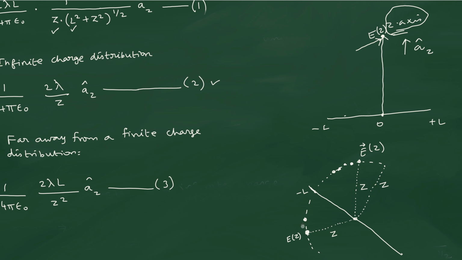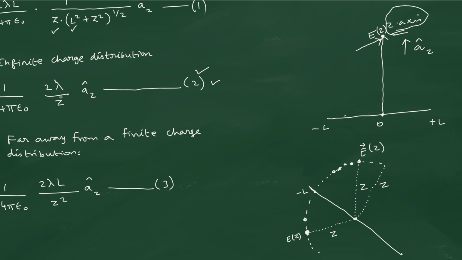Everywhere, or any point along this particular circular path, is at an equal distance z away from the wire. Therefore, this particular equation 2 is valid. That is the conclusion that we can draw if we draw it like this. That means if you are able to see the three-dimensional perspective,